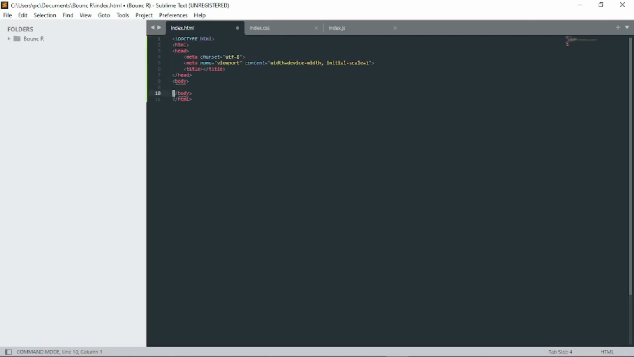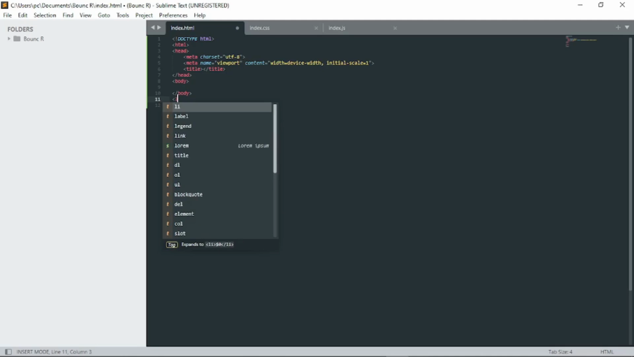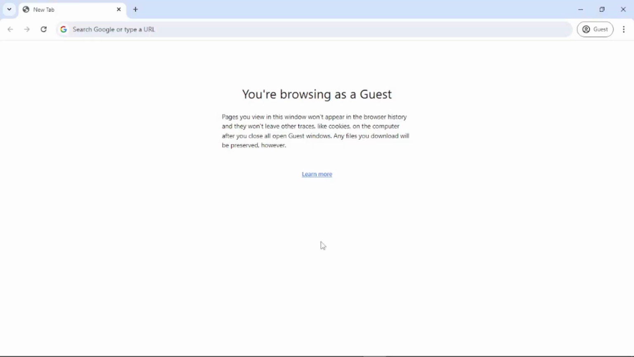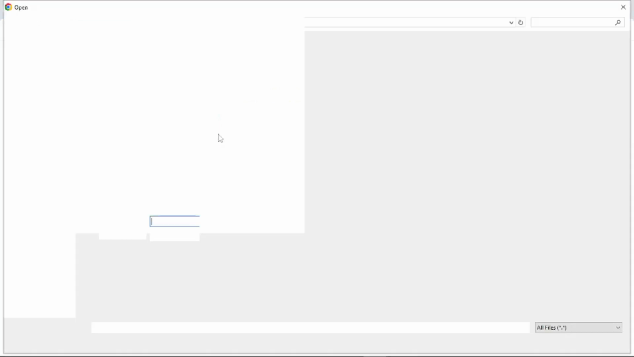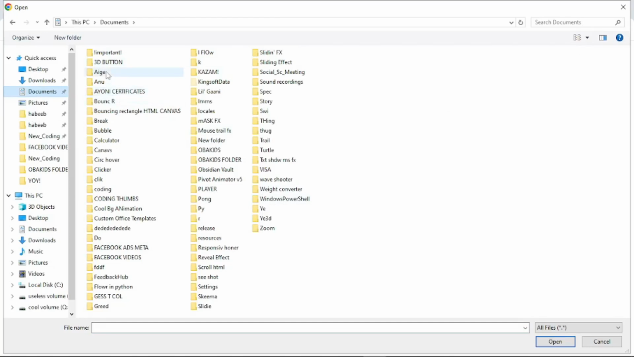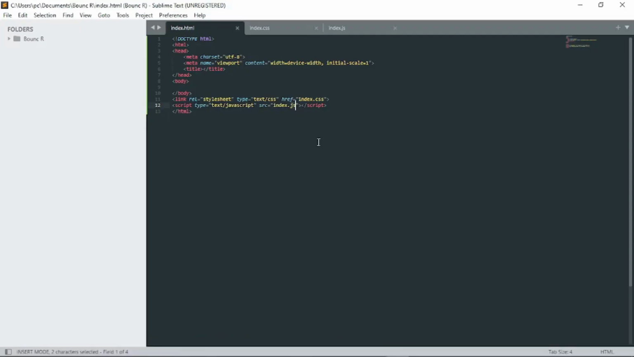and then I'll use link index.css, then scripts source is equal to index.js. Now I'll open it, Control O to open, documents, .r, index.html. Now there's not really anything special about this,